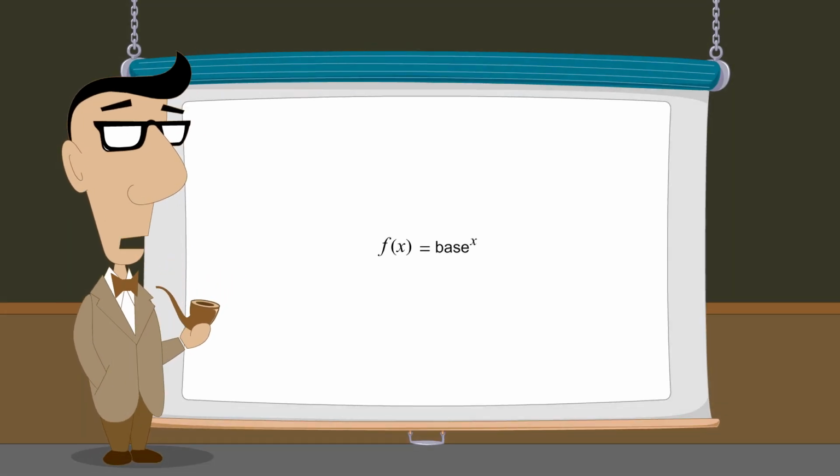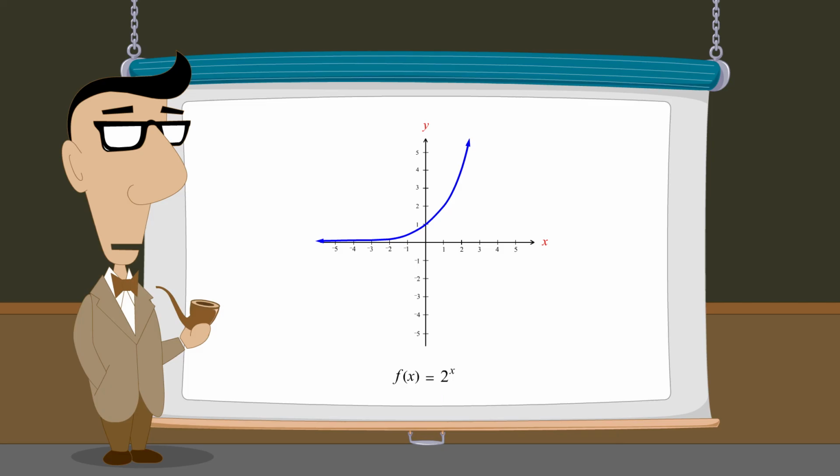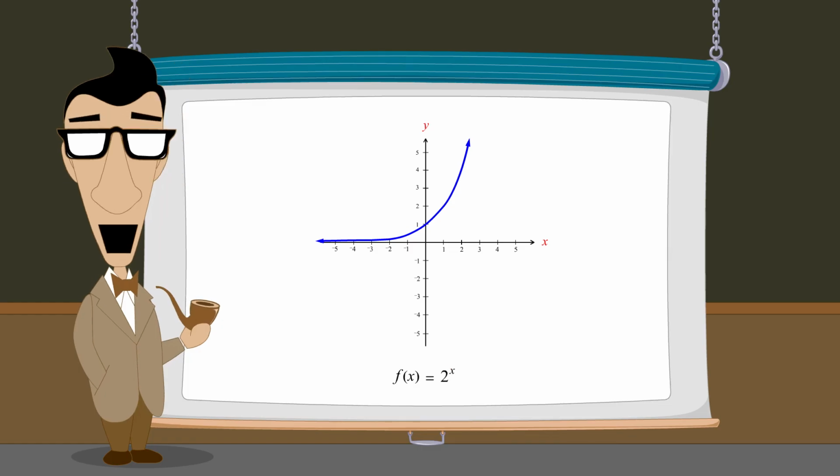So we have seen that exponential functions consist of a base that must be a positive real number, other than 1, raised to the power of a variable such as x whose value can be any real number. As one example, we saw the exponential function 2 to the x power. However, the exponent of an exponential function can be more complicated than just the variable x. So let's look at a couple of examples.